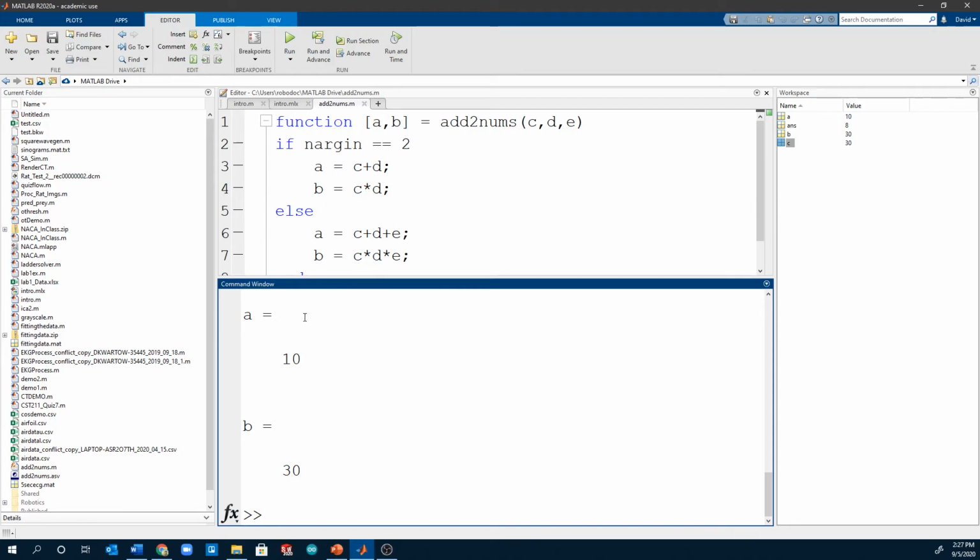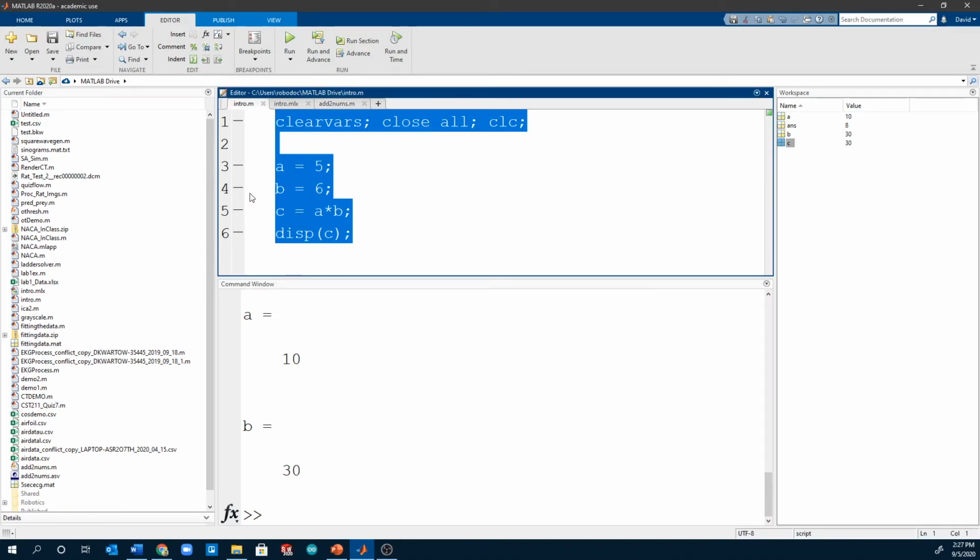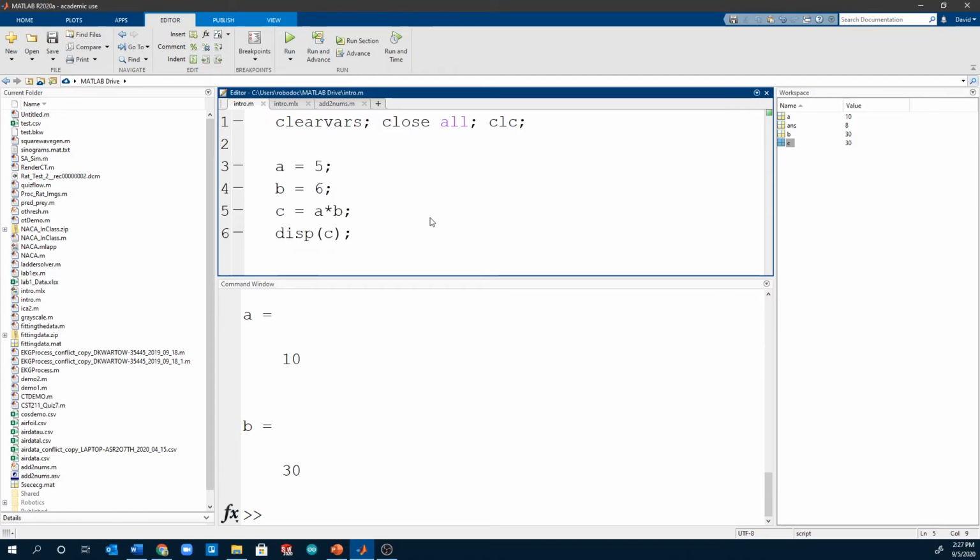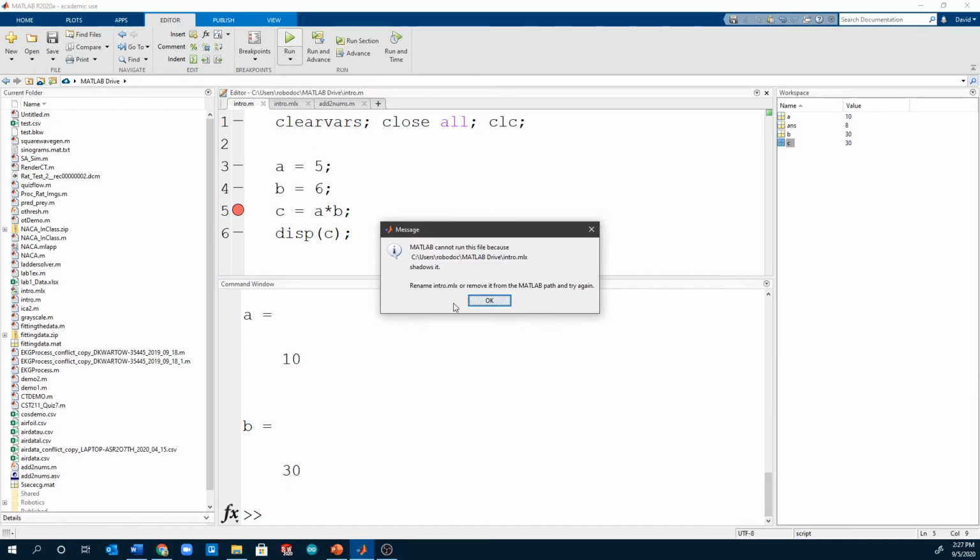One other important thing that we have is the debugger. This is a little different than the debugging methods we taught previously. The debugger in MATLAB allows you to jump to a specific line. So let's say, for example, I have my intro here, and I want to see the values of my variables here. Now, if I hit the run command up here, it's going to run my program, and it says,